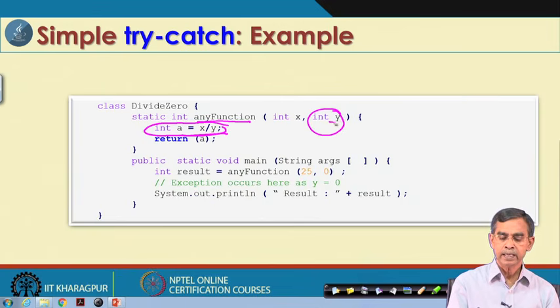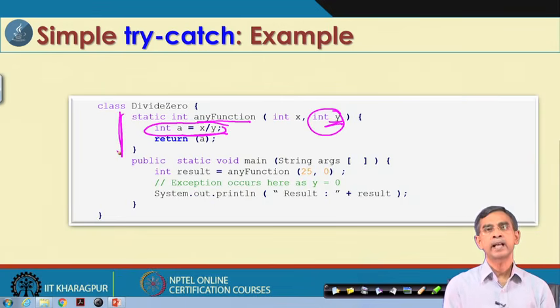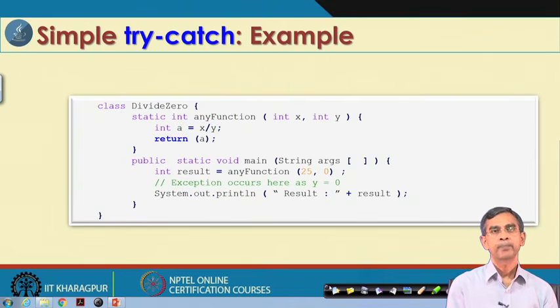So, if we put all these things under a try catch, then if that situation occurs, that y is 0, it will throw an exception, and the following catch will catch it and do whatever is there. Now, see, this program is therefore not a robust program.